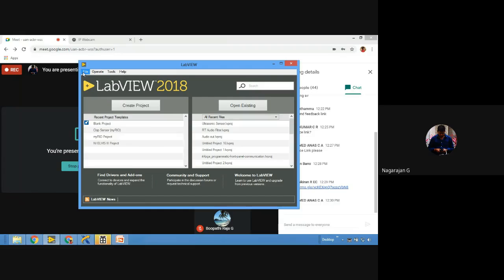So what we can do is go to file. I'll tell you how to first create a project. Go to file, and you can see there is an option called create project. You can go with the option create project, or else you can see there's an option called new. So when I click on new,